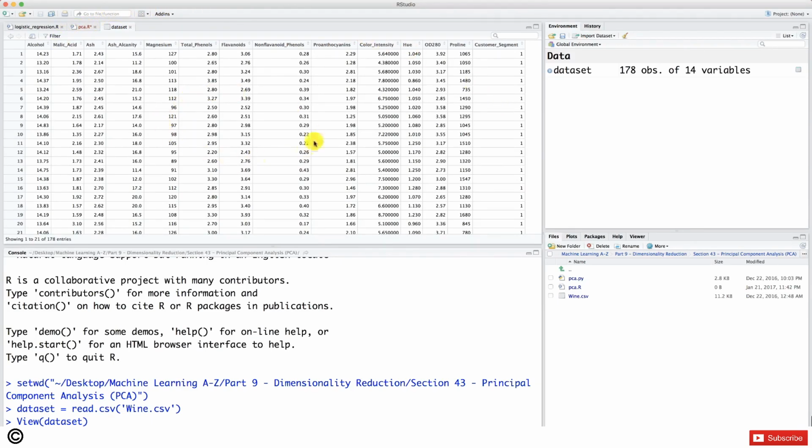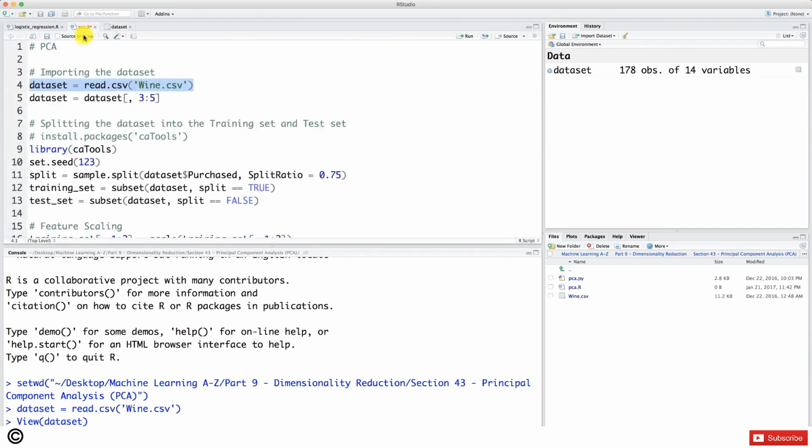reduce the dimensionality of this dataset, because indeed it contains 13 dimensions, because it contains 13 independent variables, and we'll see how we can use PCA to reduce this number of independent variables down to 2 independent variables. But be careful, it's important to understand that the new 2 independent variables that we'll have in the end are going to be new ones, as opposed to feature selection, where we end up with 2 independent variables that are among these original 13 independent variables. Here with PCA we'll get new extracted ones, and that's the important distinction to make between feature selection and feature extraction. Alright, so before we apply PCA, as usual, we need to pre-process the data, and this is actually going